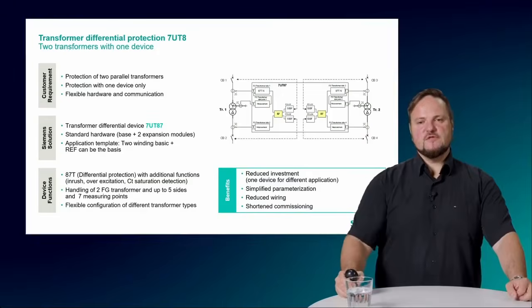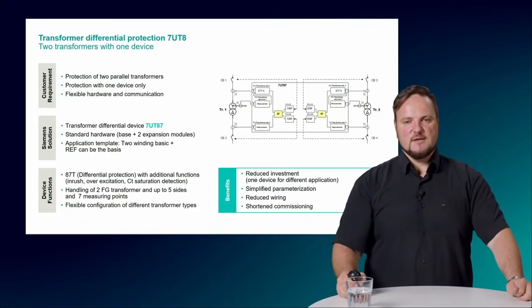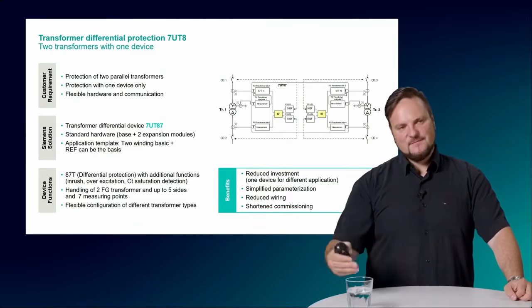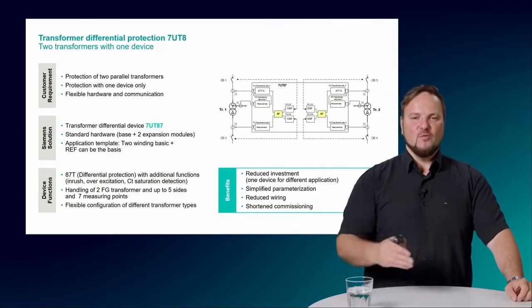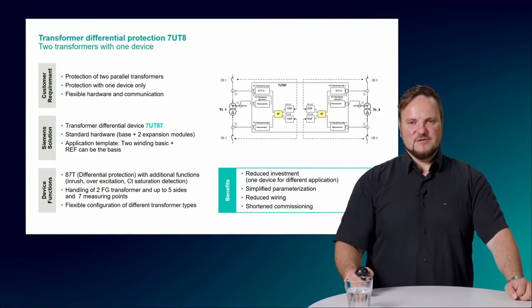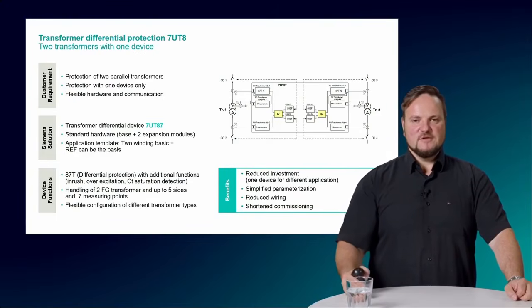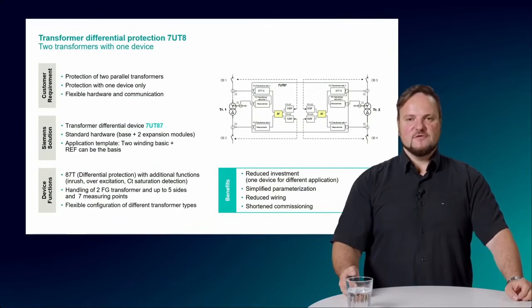This is a very cost-efficient solution, so that you have 2 transformers in parallel, and you want to protect these with one device. Of course, there are some boundary conditions during testing, so you have to be careful. If you want to test one of the transformer differential protections, then you have to consider some countermeasure, so that you do not inject the currents on the other transformer which is already in service, so that you do not trip during